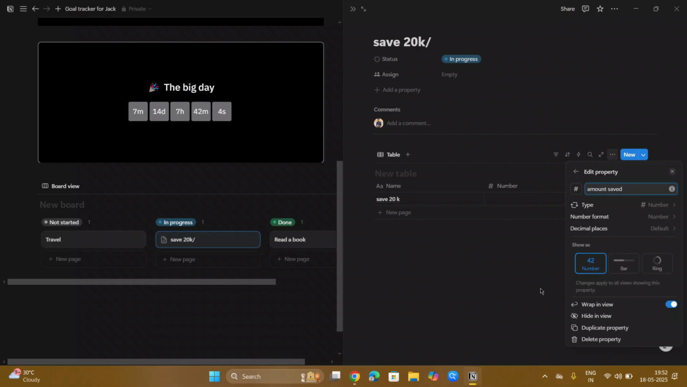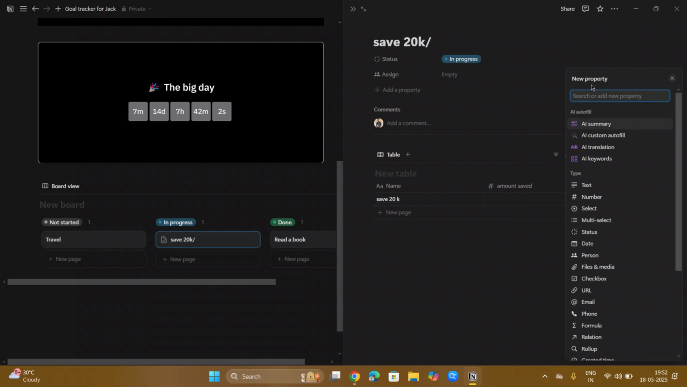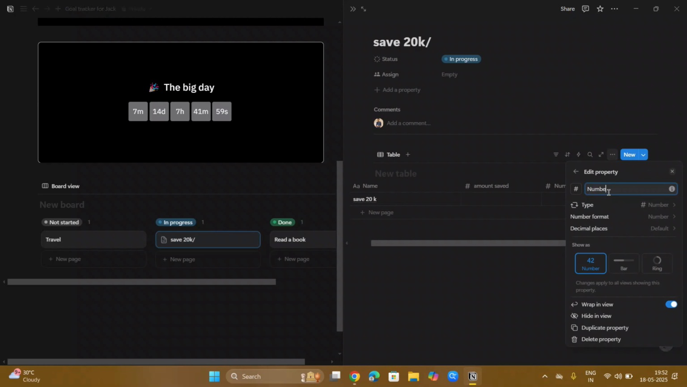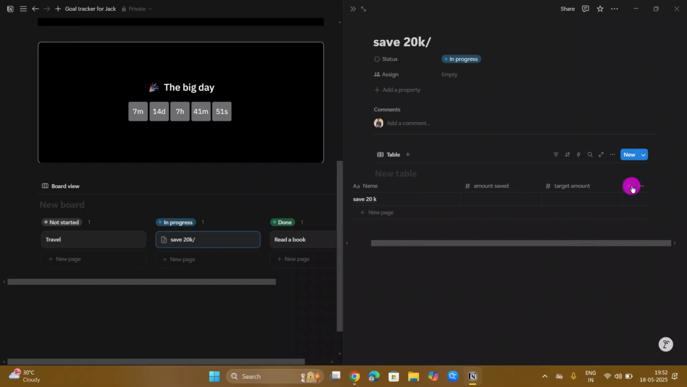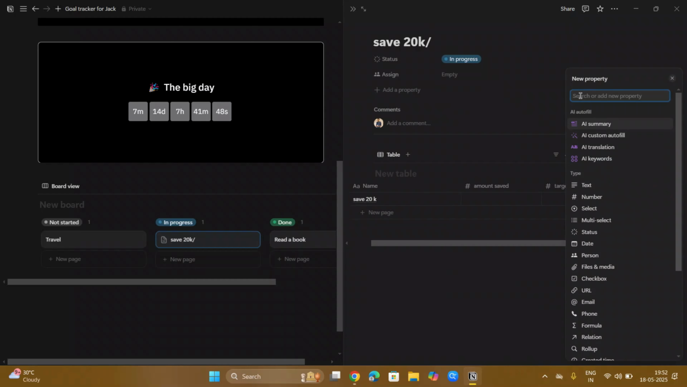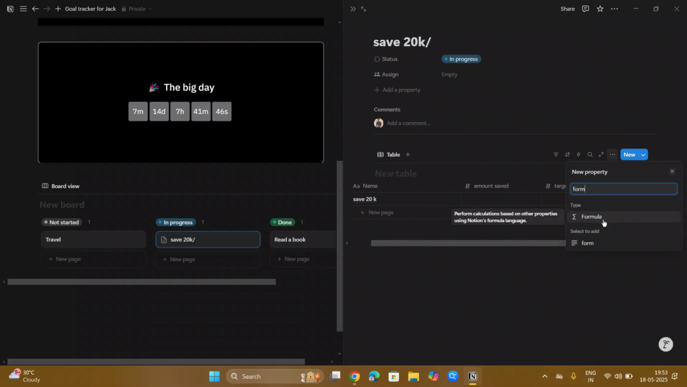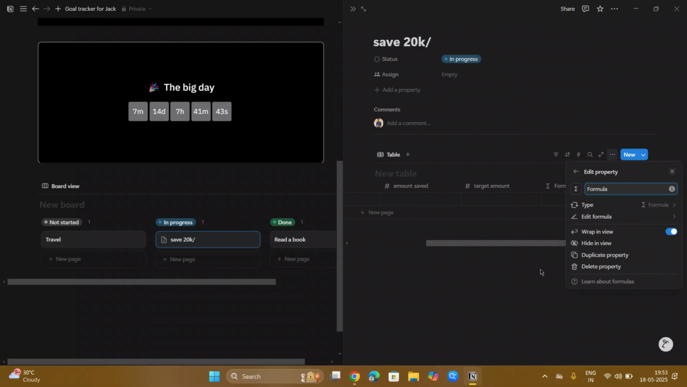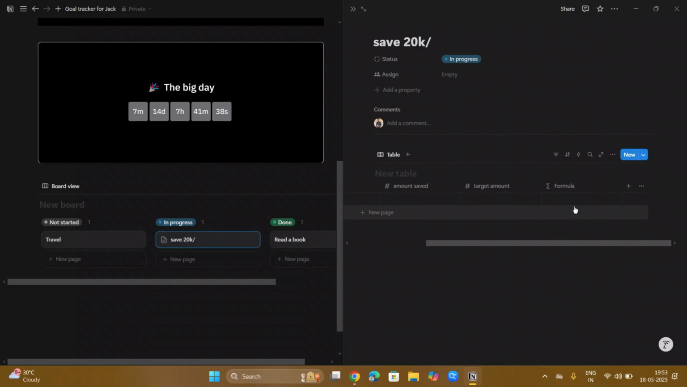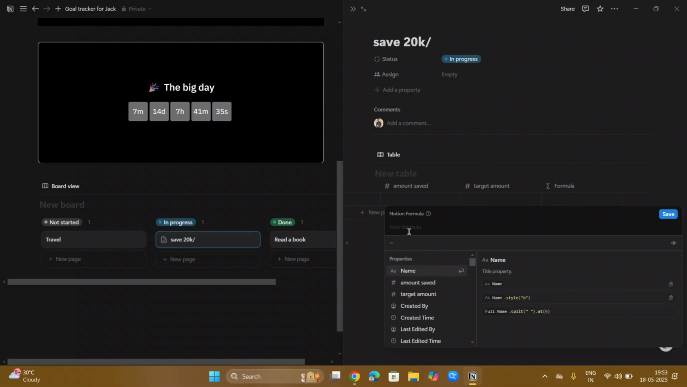So once that is done, the third column would again be a number, and this time it is the target amount. Once you're done with all these three, the fourth column is where all the solving work will take place. So now that has to be selected as a formula. And once it's selected as a formula, you have to just click on an empty cell and enter the desired formula. Now the formula in this case would be amount saved divided by the target amount,